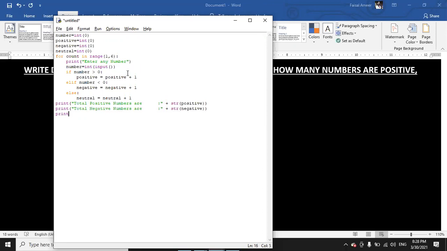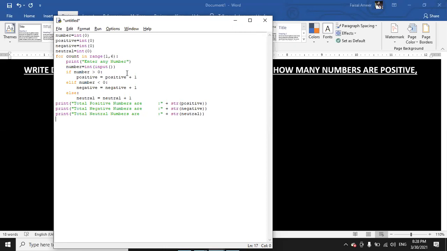Then in last print "total neutral numbers are". Neutral means zeros. So now my program is complete.